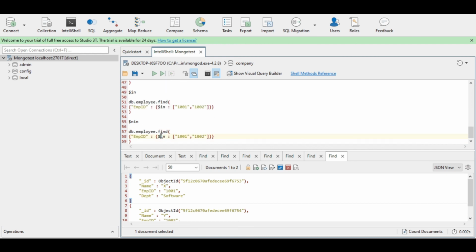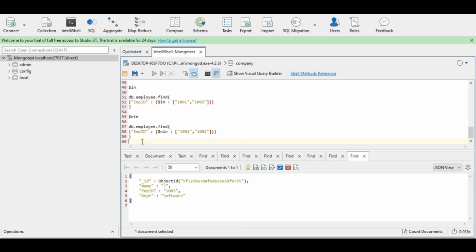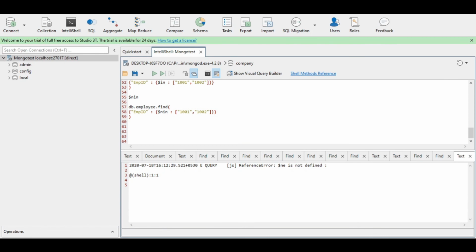So instead of in, just write nin. Now select the query, execute it. So see, all the documents where the employee ID is other than 1001 and 1002 are being displayed in the result.